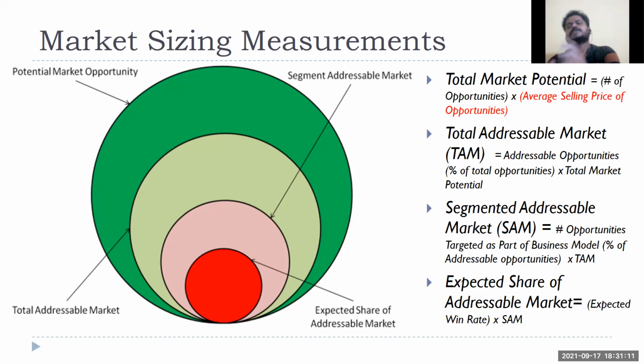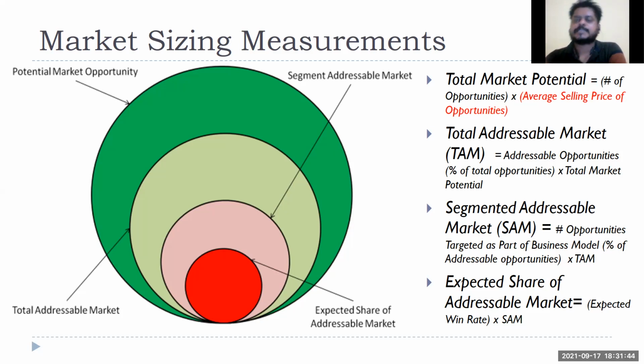Suddenly you cannot say, okay, I'll just sell to new banks and my market potential is 2 crore or 3 crore. How did you reach that 3 crore or 5 crore? How did you calculate that? You have to show that calculation, and this structure will help you. First, find out the total market potential, or at least show them what the total addressable market will be. Under that, what will be the segmented addressable market, based upon the product or services you are selling and which segment you are going to target first.